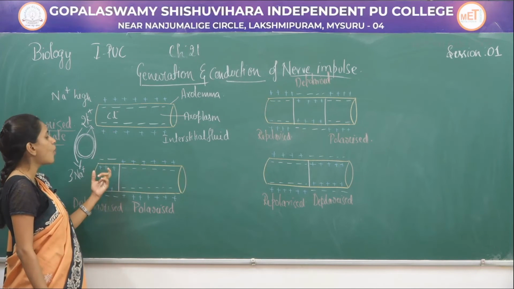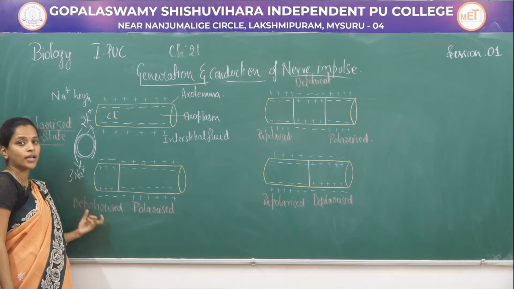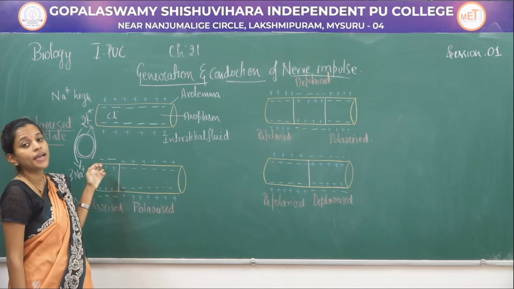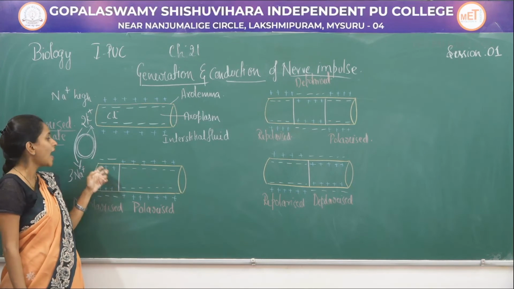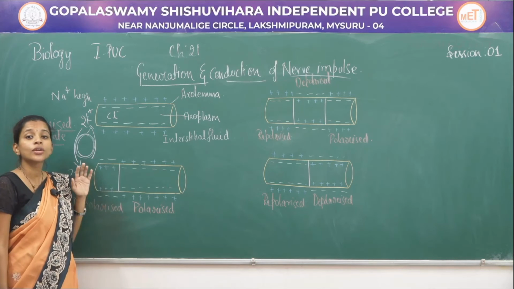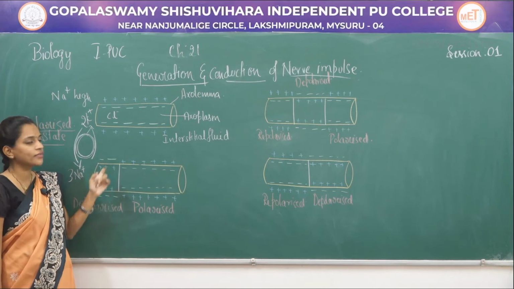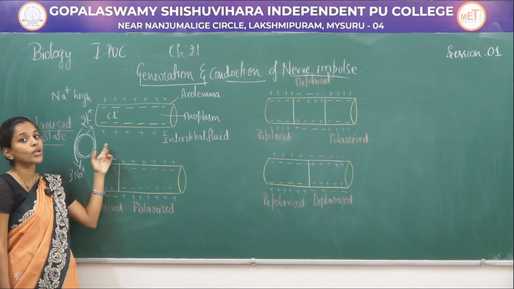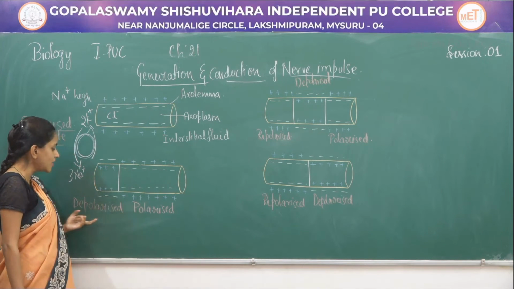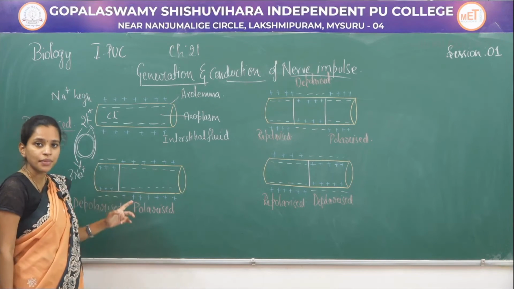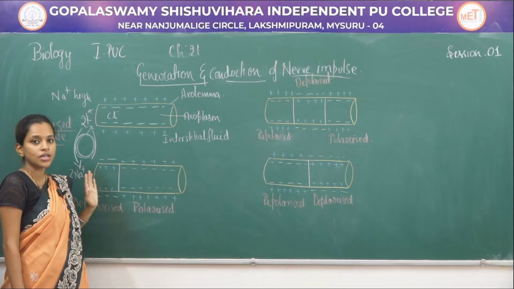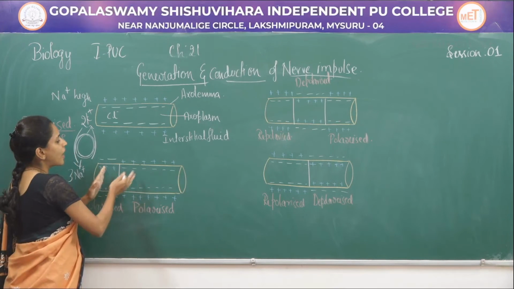And now the polarized state becomes the depolarized state, where the amount of sodium will be more in the axoplasm giving it positive charge, and in the interstitial fluid, as the sodium and potassium amount has been reduced, it is denoted with the negative charge because now the chlorine amount is more in the interstitial fluid. This condition is called depolarized state. And remember one thing, the depolarization doesn't spread throughout the axon continuously but it spreads part by part.